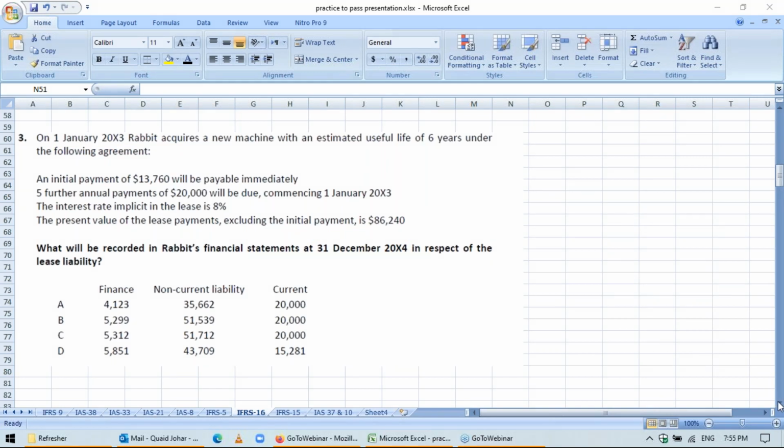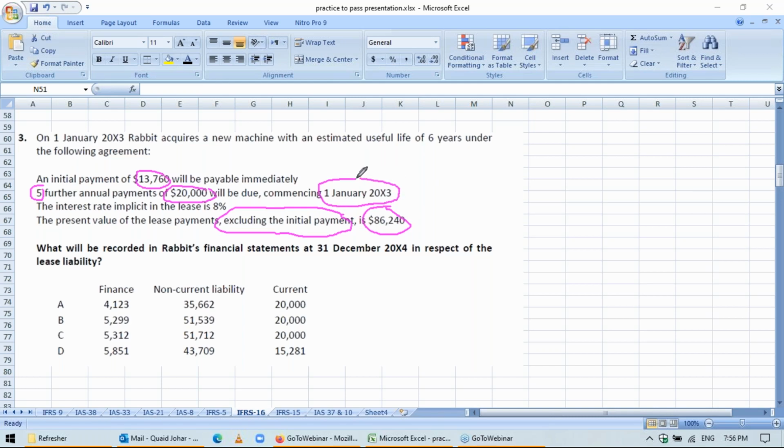In question number 3, please note the present value is 86,240, excluding the initial payment. So they've already deducted the initial payment of 13,760 out of it, and then there are further 5 annual payments of 20,000